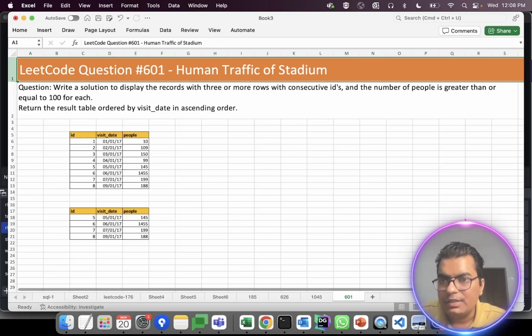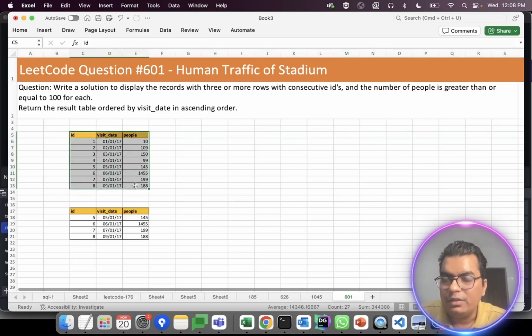So the question is, we have this table, and we need to display the records with 3 or more rows with consecutive IDs, where the number of people is greater than or equal to 100 for each, and return the result table ordered by visit date in ascending order. So first of all, we need to find those rows which are greater than